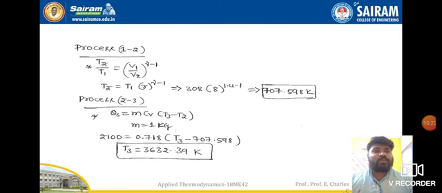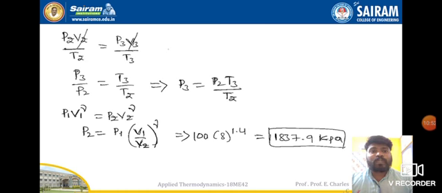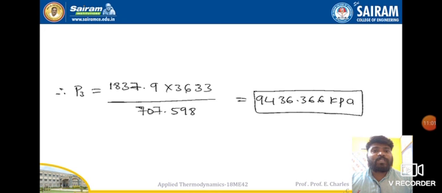So you have to start from process 1 to 2, 2 to 3, 3 to 4. But before solving this, you should know what kind of process it is. The 1 to 2 process is an adiabatic process or isothermal process, and you have to take that particular equation only. And the 2 to 3 process is constant volume, which has another equation, which is Qs is equal to m Cv T3 minus T2. You should not take the adiabatic or isothermal equation for this process, otherwise it will become wrong. Then for the 2 to 3 process, again a constant volume process, we derive this equation and finally find the P3 value.